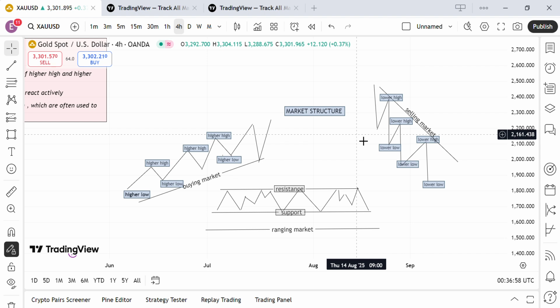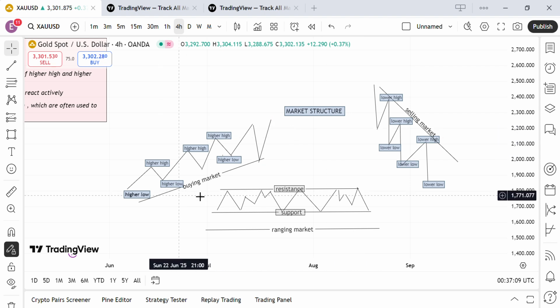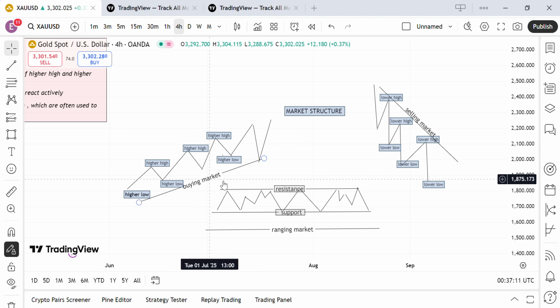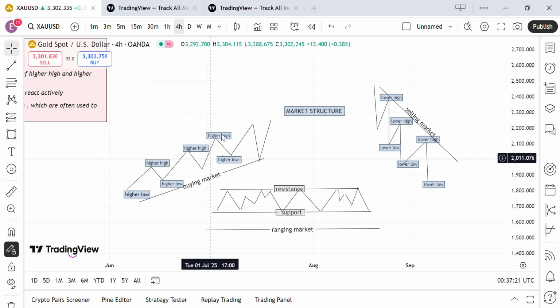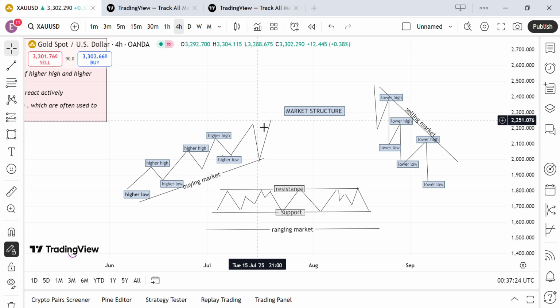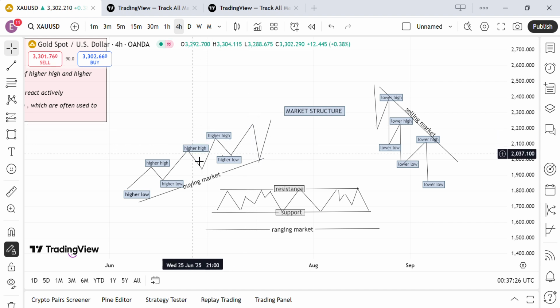Now, for trending market, we have bullish market and we have bearish market, or you can also call it a buying market or a selling market, just as we denoted here. This is a buying market. Why is it a buying market? Price has been making a series of higher low, higher high, higher low, higher high, and so on. For you to be able to confirm that this is a bullish market or a buying market,